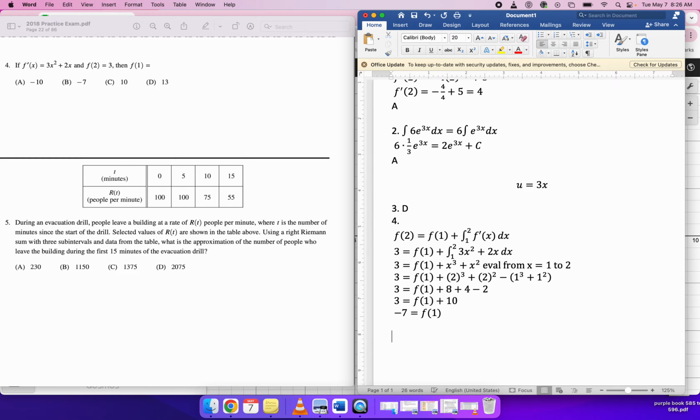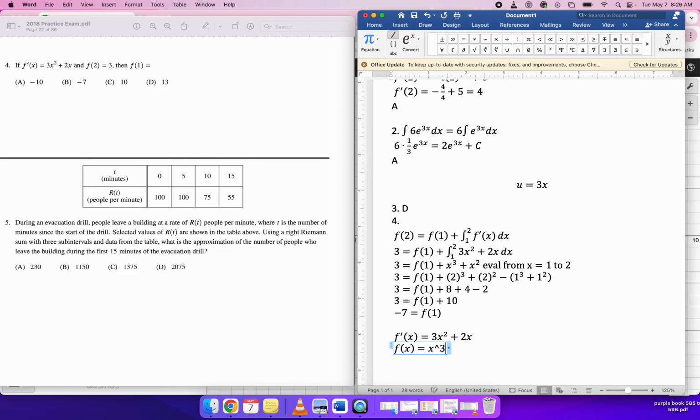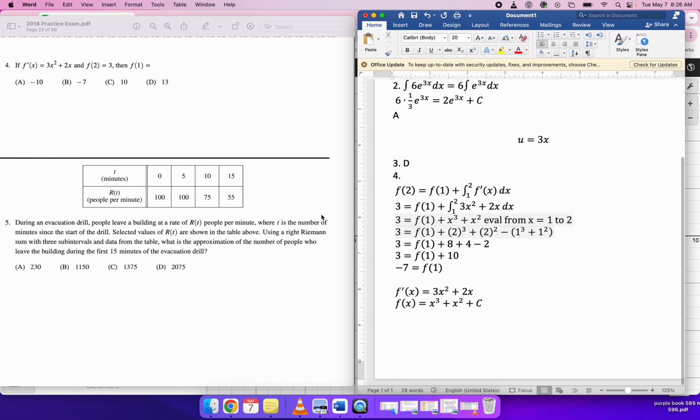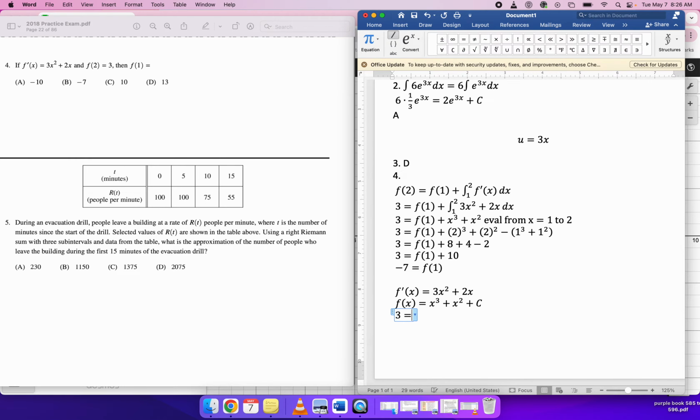If you don't like that, here's a different way. You could say, I know that f prime of x is equal to 3x squared plus 2x, which means that the original function f is just going to be the antiderivative x cubed plus x squared plus some unknown constant c. Well, what is c? You can find it by using the value that they give you. F of 2 is equal to 3. I can plug that in and say 3 is equal to 2 cubed plus 2 squared plus c, which means that 3 is equal to 8 plus 4 plus c, which tells me that c is equal to 3